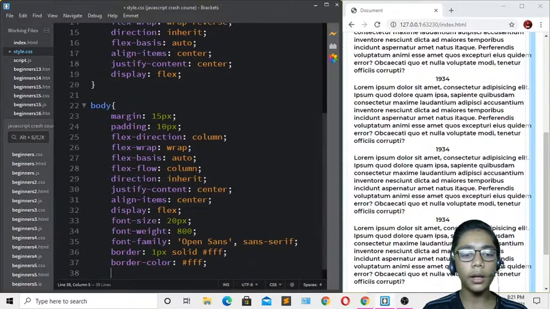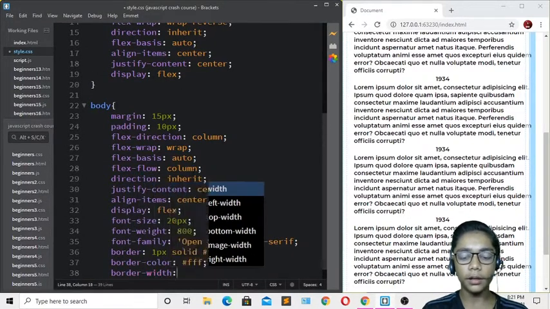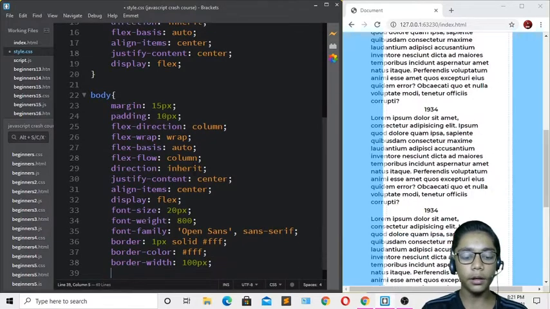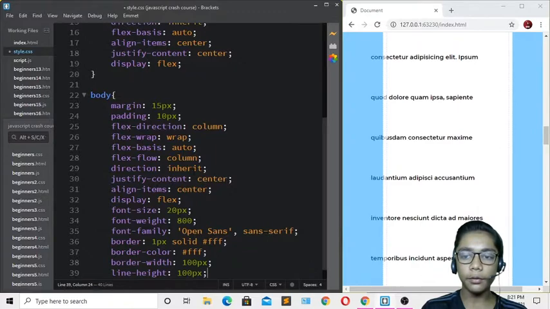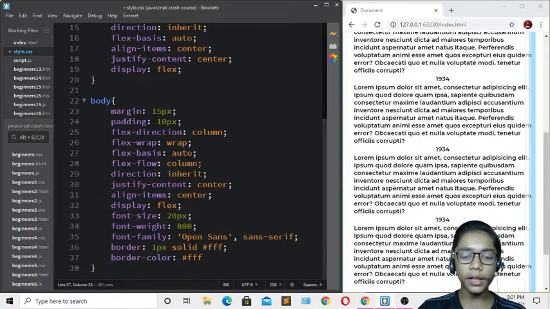Just come over here now and I'll be writing another thing like border width. So I'll be writing that, 100 pixels. Right over here, line height, which should be 100 pixels. So I'll be defining that. I'll be erasing that because now I don't need this. When you've done that, you have to hit save and go to your